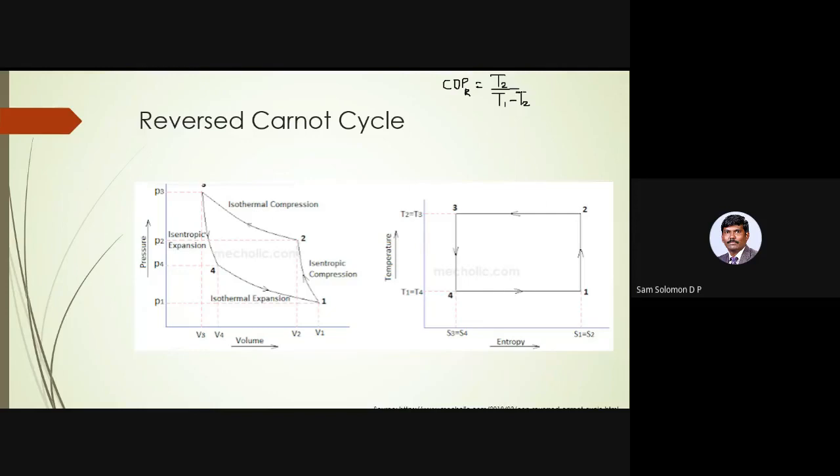And remember that this is for a reversed Carnot cycle where all the four processes are reversible. So for a Carnot refrigerator, for a reversible refrigerator, this is the value of COP. Similarly, for a heat pump, if you remember, we wrote it as Q1 divided by Q1 minus Q2. So now if you use this reversed Carnot cycle, you will find that the COP of the heat pump is T1 divided by T1 minus T2. Okay, so you will end up getting these two relationships.